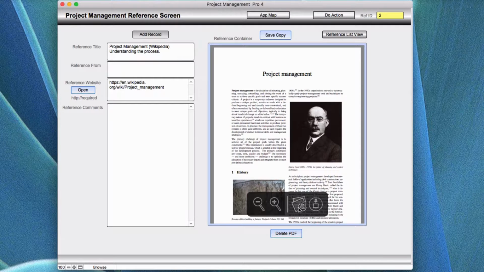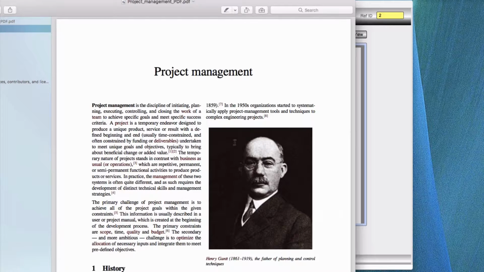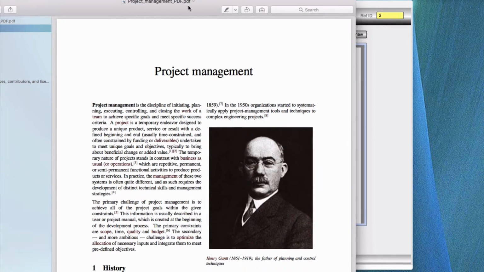Now, if I come down to the bottom of the screen like I'm showing here, I can open up the PDF, which you're looking at here, and review it, or I can download it as a PDF download and read it on my desktop. So let's go ahead and click on the PDF itself. Now it's not going to fit in there for the total reference, what you're looking at on this screen,